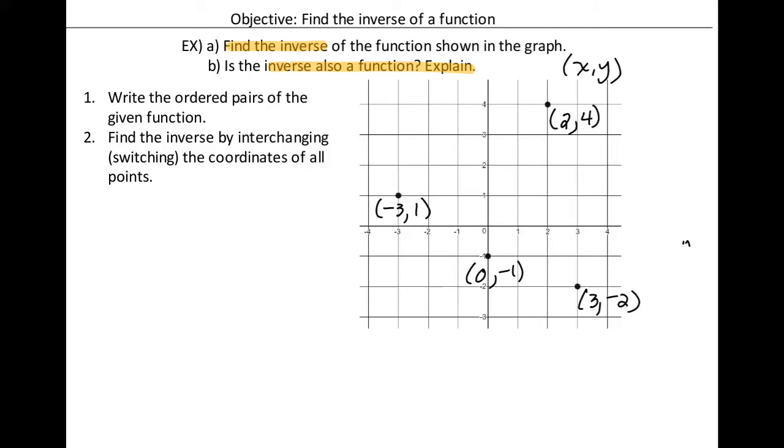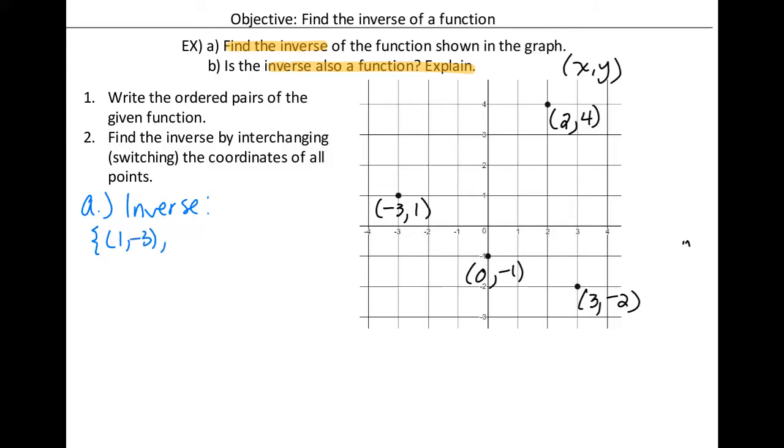All right, so then for part A, we need to find the inverse. Now that I have the coordinates, I can write them for the inverse. So draw your curly bracket, parentheses. I like to go from left to right. So the left one is here. That's going to switch to 1, -3,